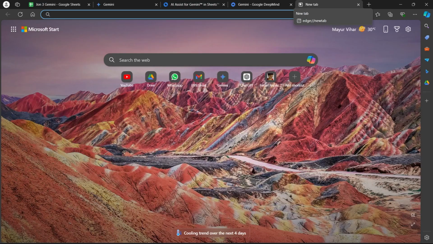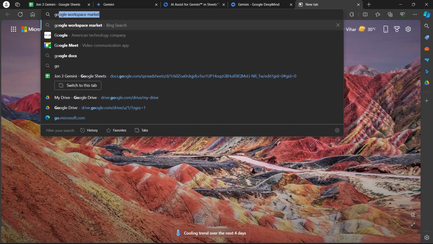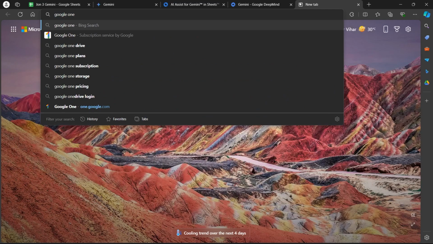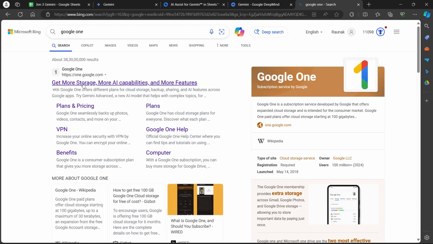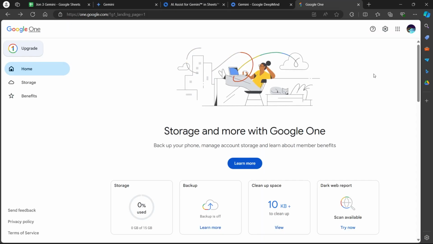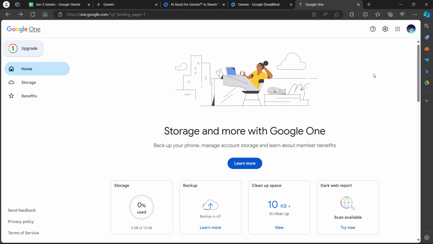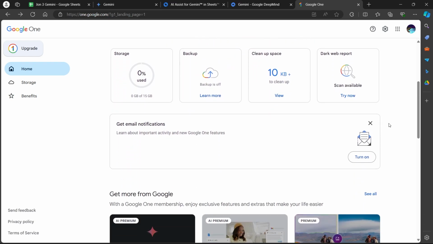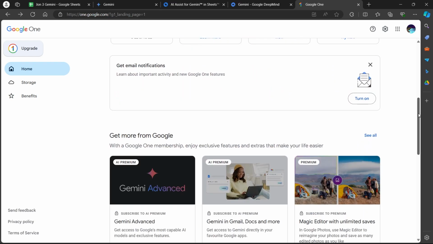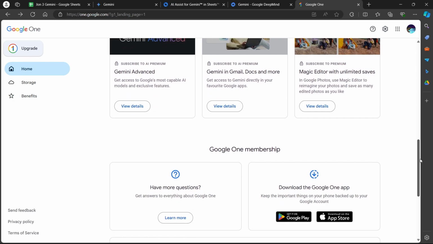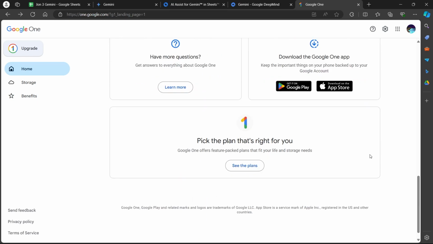You'll have to open a new tab, go to the search bar and type in Google One, then hit enter. Now click on the Google One storage link. On this page, you will have to sign in to your account and tap on the menu icon, that is the three-lined icon at the top left corner after signing in and clicking on settings. After you choose settings on this page, this will open your Google One settings and you will see the cancel